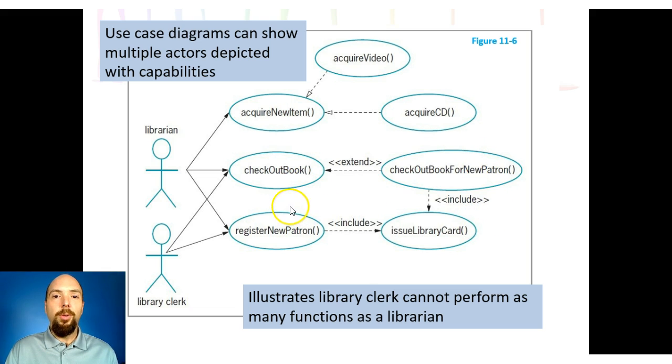Alright, so then we can show multiple actors. Here in this case we have a librarian, and then we have a library clerk. The library clerk is able to check out books and register new patrons, but the library clerk doesn't have the ability to buy new books. So in this case, you'll see here the librarian can purchase new items. And then we also extend that so they can purchase new items. Well, what kind of items? They can purchase videos, CDs, maybe books, DVDs, whatever else you can get from the library. But the librarian is the only one that can order those things based on this